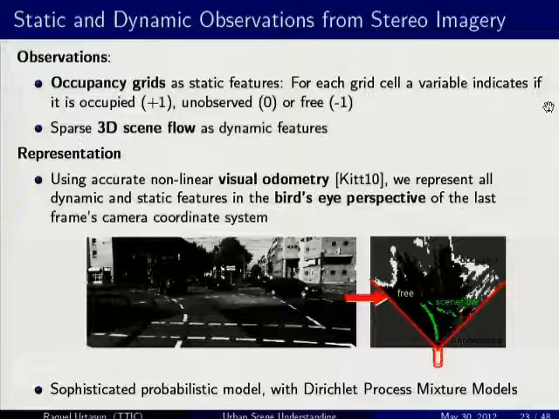And we're going to always reason in bird's eye perspective, and you see the picture on the right. So you can see our own car. This is bird's eye perspective, right? So I'm looking at it from the ceiling, and you have the field of view of the car, and then you can see color-coded when I think that things are occupied, they're free, or I have no idea because there is an occlusion, or maybe I don't see it. Okay, and we use stereo in order to compute these occupancy grids.